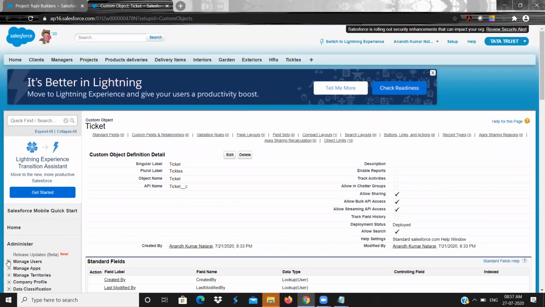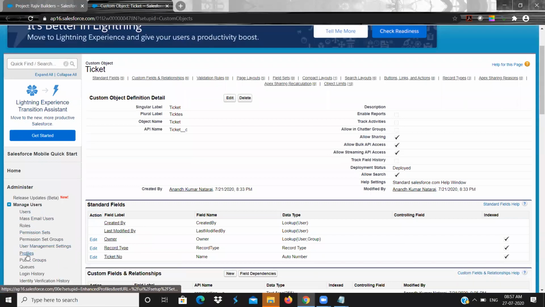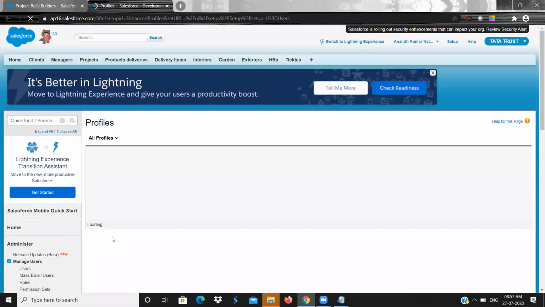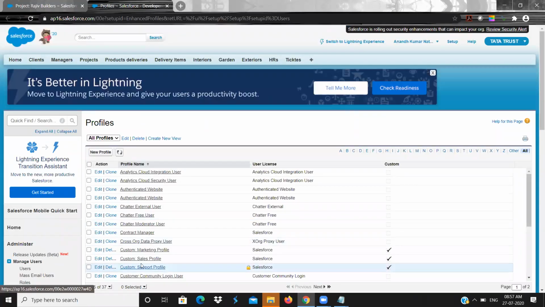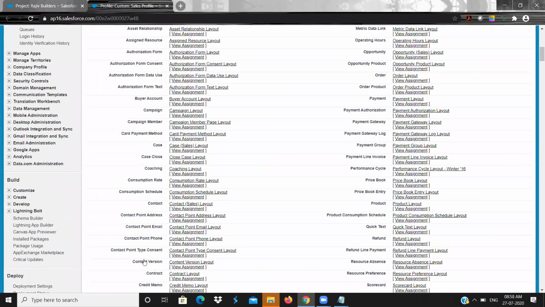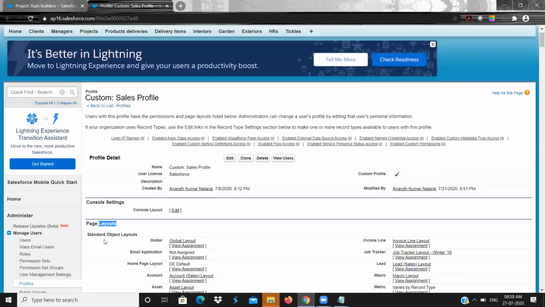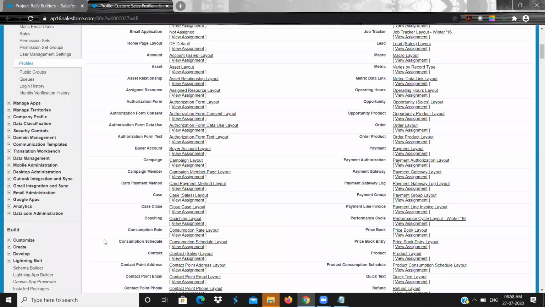Okay, let me open again. Now profile. Open any one of the custom profile. Before clicking on edit, I can control the page layout. I can go inside the page layout and I can control it.